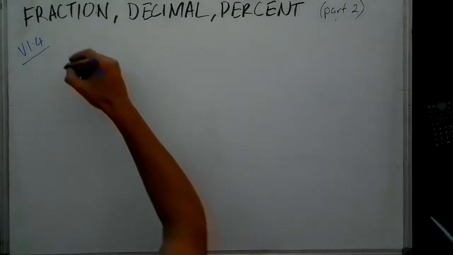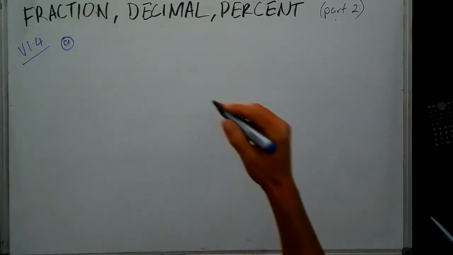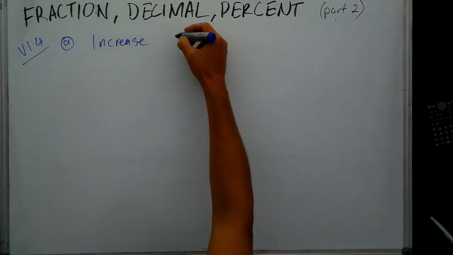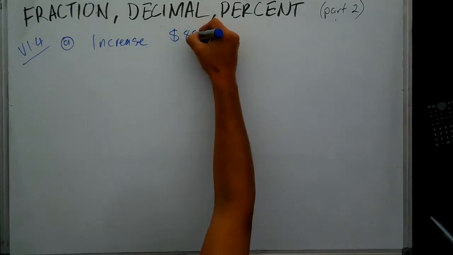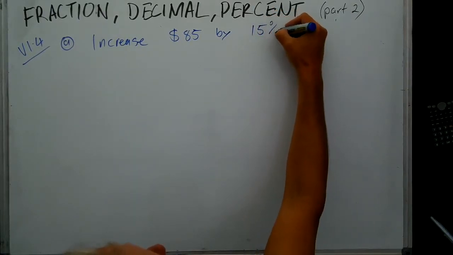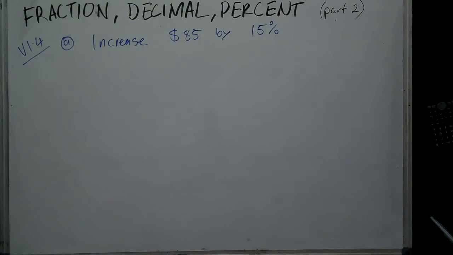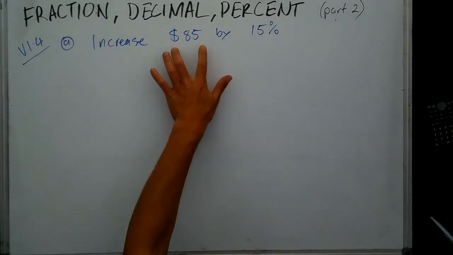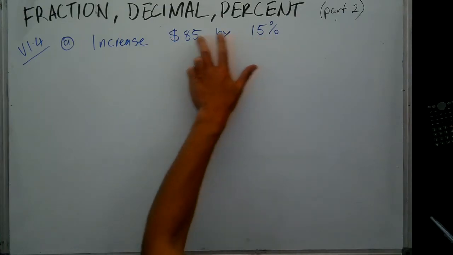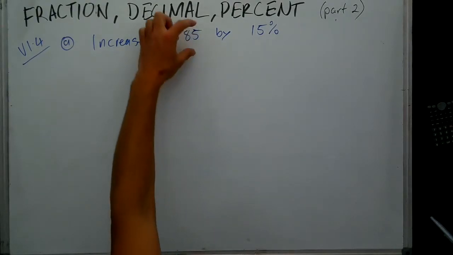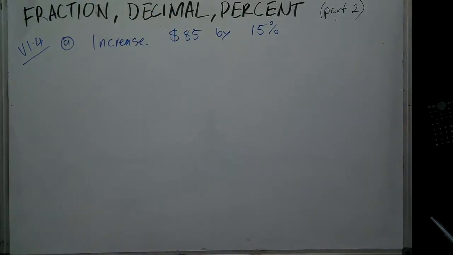Okay, so first example is increase $85 by 15%. So what we're going to end up with, before we even jump in and do anything, is $85 plus 15% of $85, because we're just increasing this by some proportion of it. So the first method,